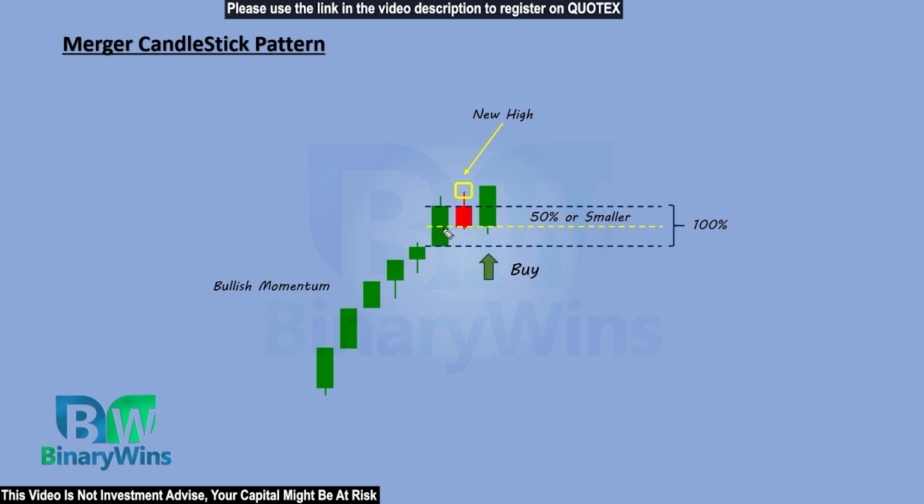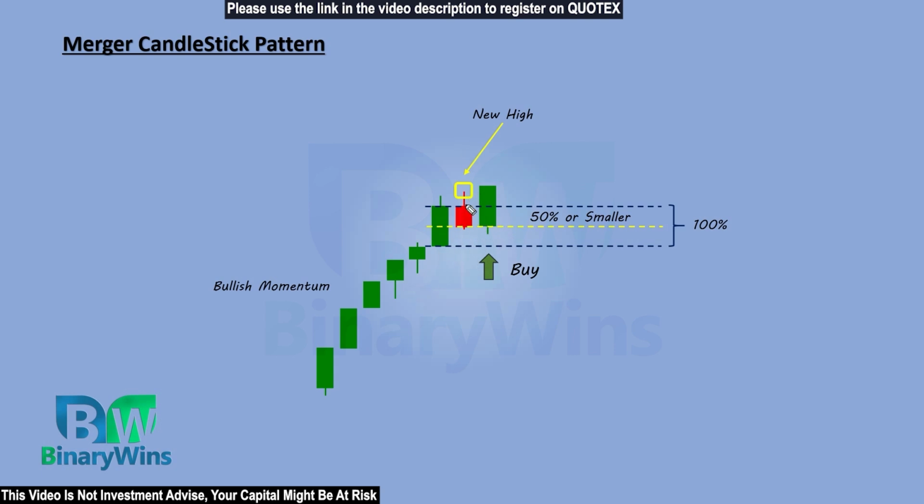Sometimes the body of our red candle may be more than 50% of the body of the previous candle, but the pattern still works correctly. Even our red candle may have made a lower high compared to the previous candle, but the pattern still works correctly. But keep in mind, for the highest win rate and profit with this pattern, we must have these few